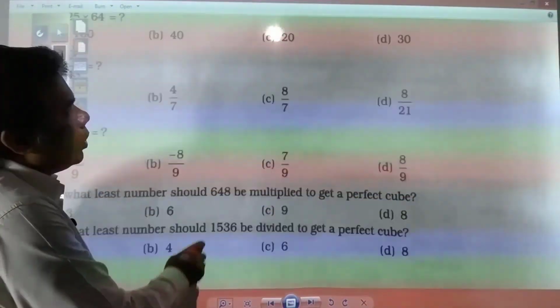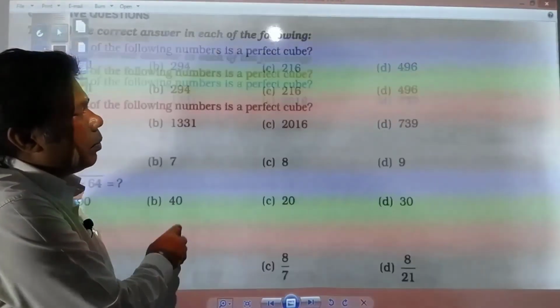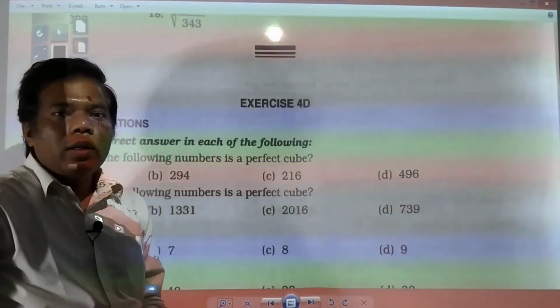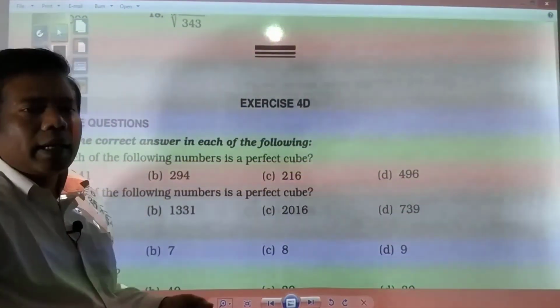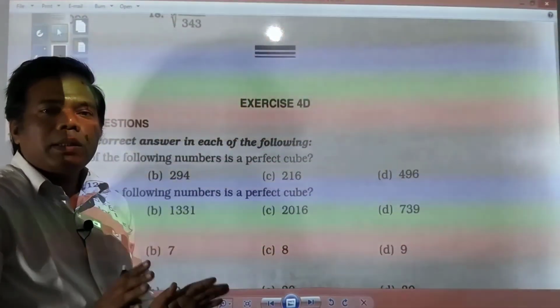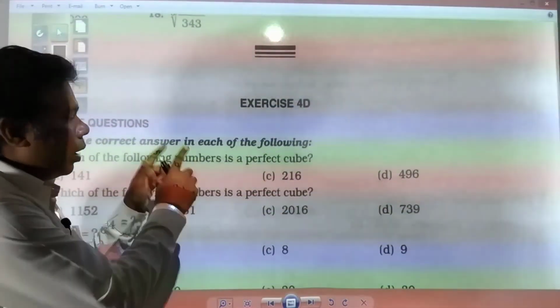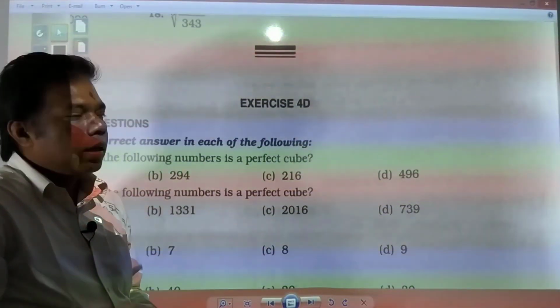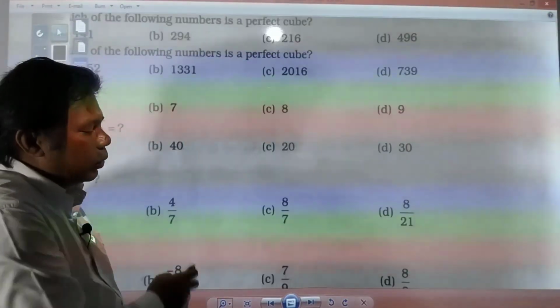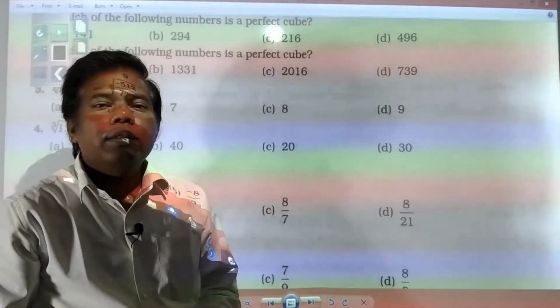And after this also one test paper you have, test paper 4, that is also required to be done. So again strictly I am telling you, exercise 4D and test paper 4 must be there in your notebook. After solving each and every question, you maintain that. And next day we will start a new chapter. Until then, thank you.